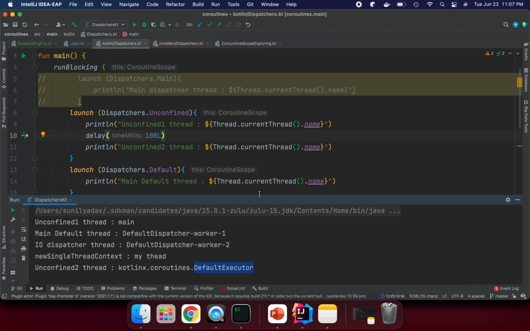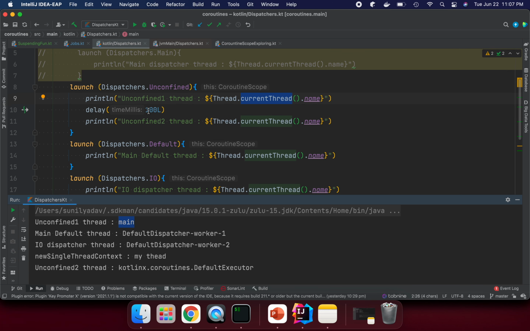Whatever thread is currently running becomes the thread it uses. Here I'm using Unconfined, and the currently running thread is main. I'm printing the thread, and it gives the name main.